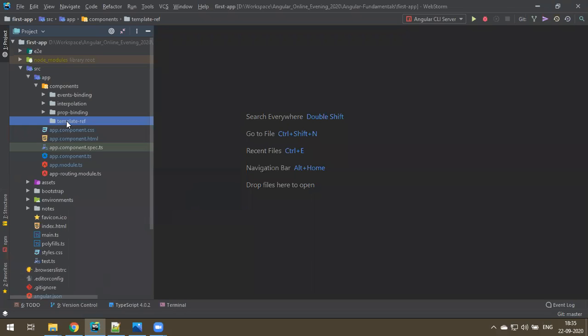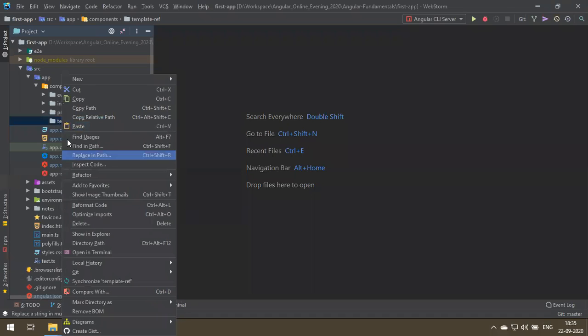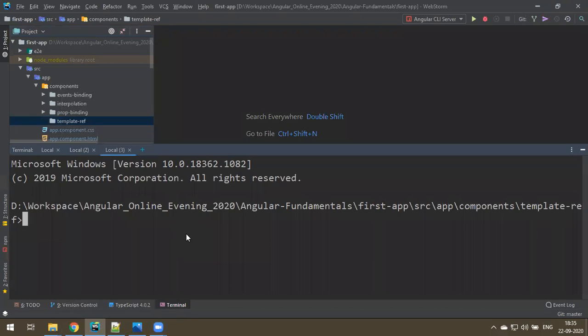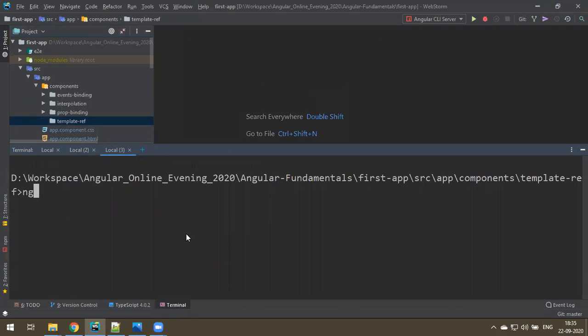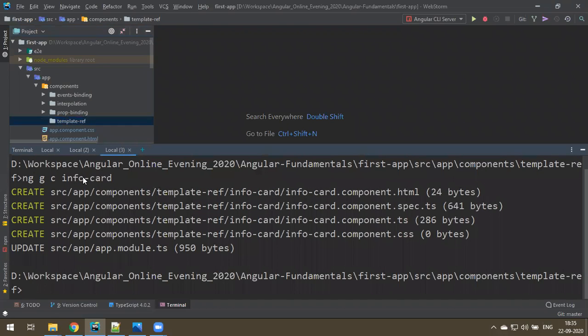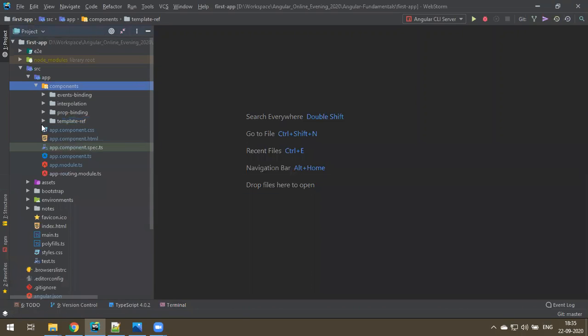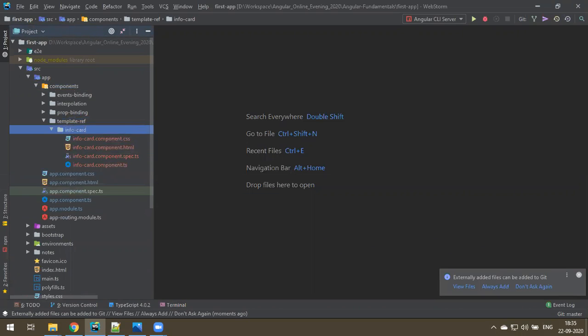So let me create a component in this folder. Let me right click, open in terminal, cls. So let's say ng g c info-card, enter. Okay, it's created. Now I want to add this to the app component.